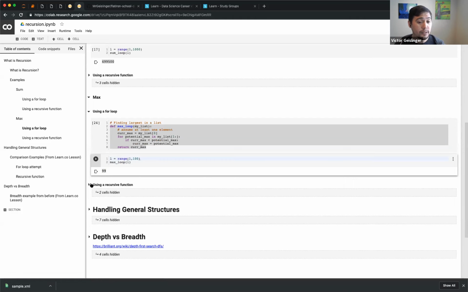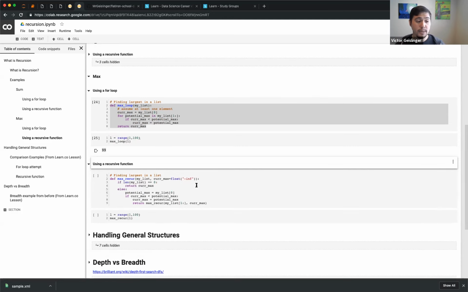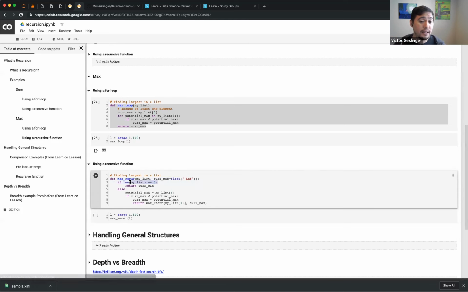Now doing recursion, in this case we're purposely trying to make a recursion function because we're trying to do recursion. But note that sometimes it makes sense for us to do a recursion function. The main thing is you have to think of what's my edge case? Basically, what's the thing that will stop the function? The thing that will stop the function is if I have nothing in my list. So this is why I have this very first if len(mylist) equals 0, then just return the current maximum. If you have an empty list, what do I return in this case? Because in here, I didn't really assume an empty list.